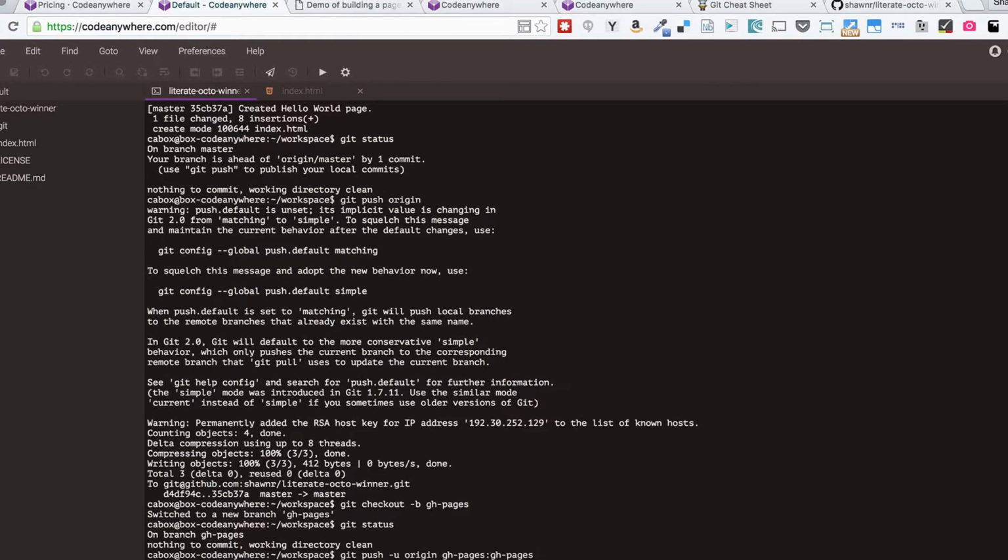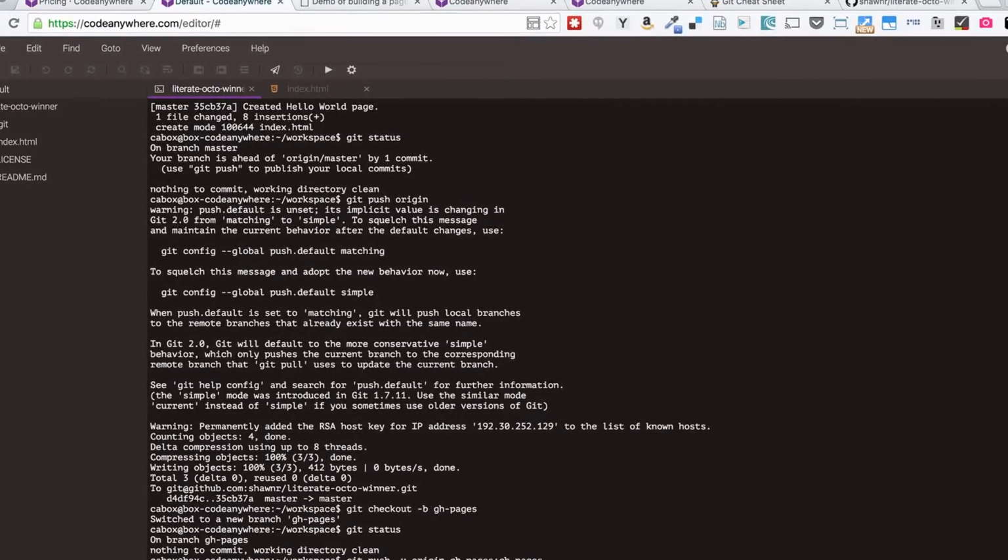Now what this says is git push this branch to the origin server, and the -u says update it so that this branch knows that it's connected to that remote server. So that's so that in the future we can just say git push origin, and this branch will go up to origin properly. Then we say we want you to push this local GH-Pages branch to the origin server, and we want it to be called GH-Pages on the origin server. So that's what GH-Pages :GH-Pages tells it. So when we do that,